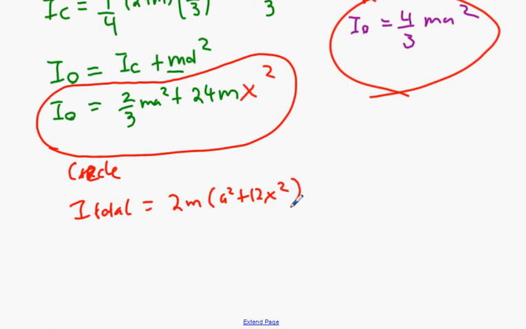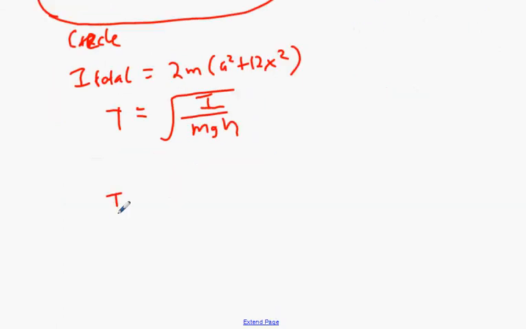When you join them and factorize them, that's what you're going to get. Then you're going to use your T value equals the square root of I over mgh. We'll just go straight for T squared. T squared equals I over mgh. T squared therefore is 2m